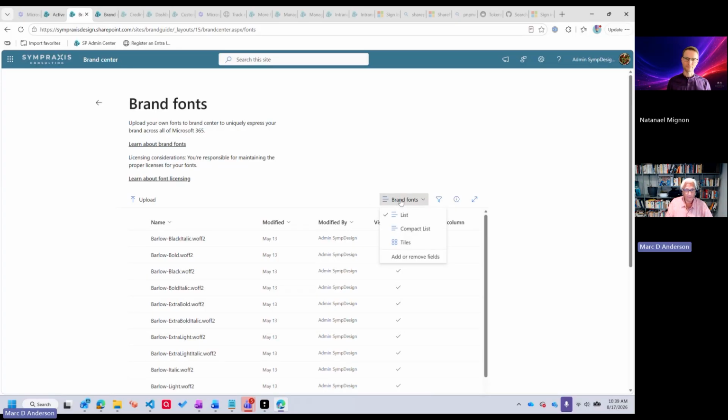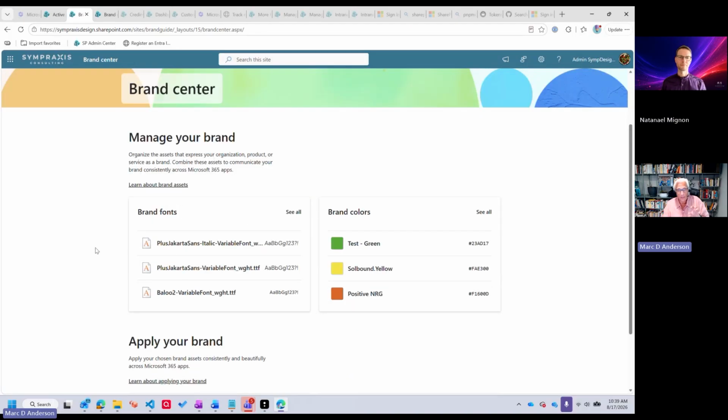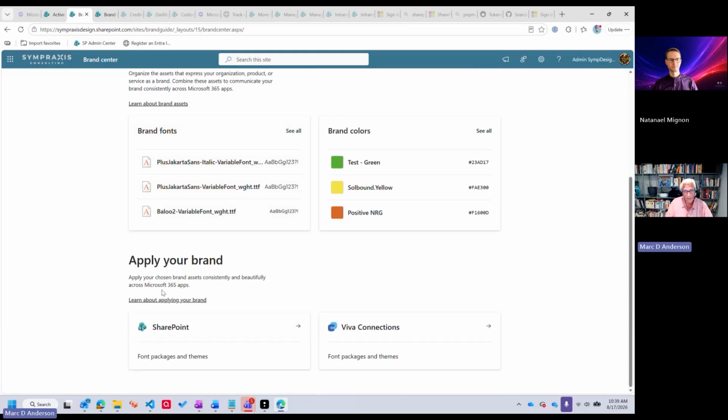And as you can tell, most of this is stored in SharePoint libraries inside this site because it looks a lot like a list view or library view. So now we've created our colors, we've created our fonts, then we can apply our brand. Can decide whether we want to use that brand in SharePoint or in Viva Connections. To me, you really ought to be thinking about the two pretty much the same, but a lot of people